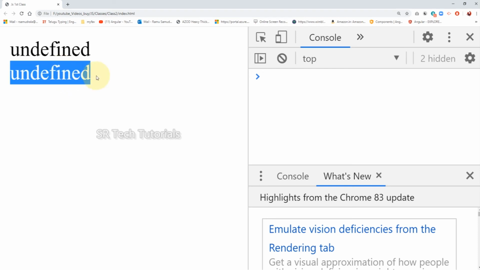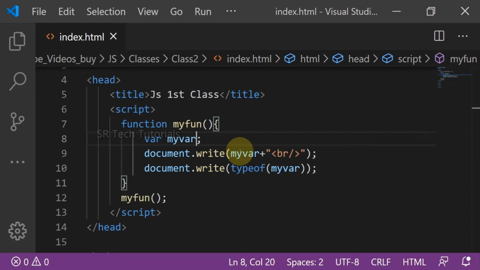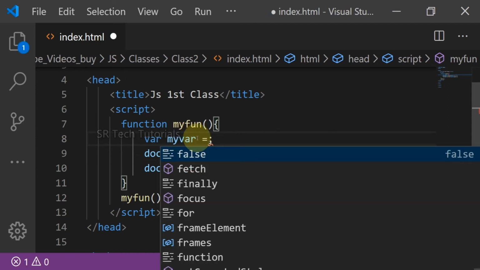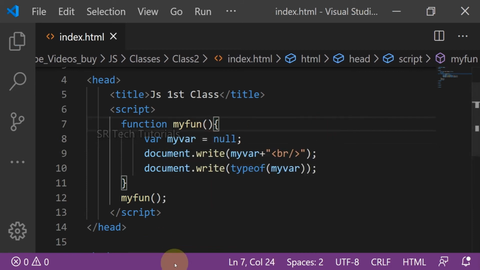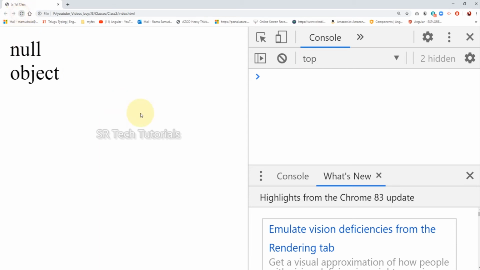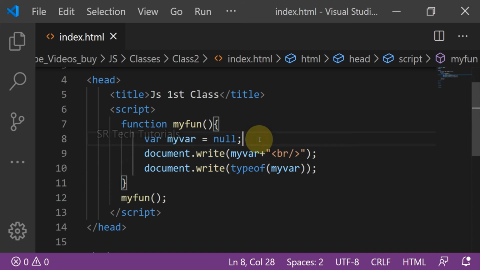So if we declare a variable and don't assign any value to it, then automatically it will assign an undefined value and undefined data type to the declared variable. Now my var equal to just null I given. Then null is a value and its data type is an object. Okay, null is an object.